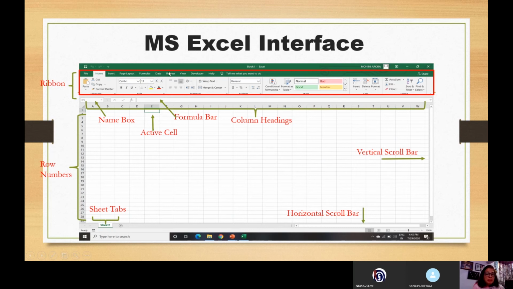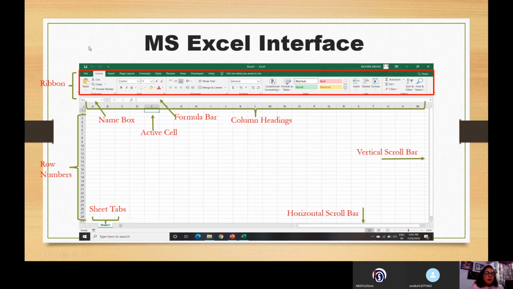This ribbon contains the menus, it contains various tools. These tools help me to work on my data. When I say work, it helps me to edit, it helps me to format, it helps me to create tables in the manner that I want, helps me to create charts and many other things.